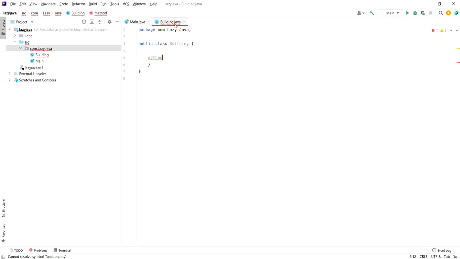So within the class of building, we'll have all these methods where, say, first would be slab, cement. Okay, cement mixing. This is a method within the class. And then say pipelines. This is a method. And then say, you know, and then what do they do to build a building?